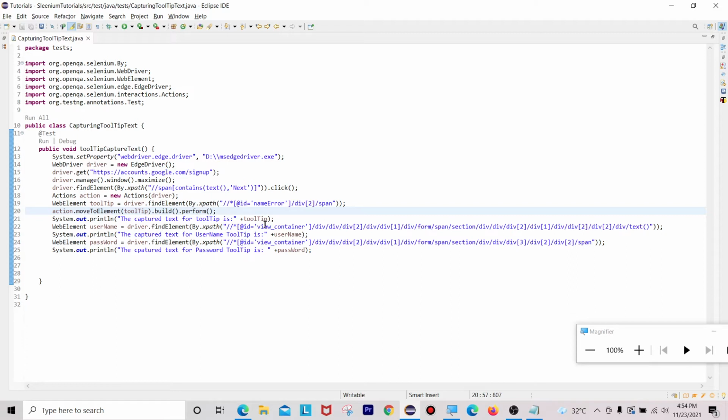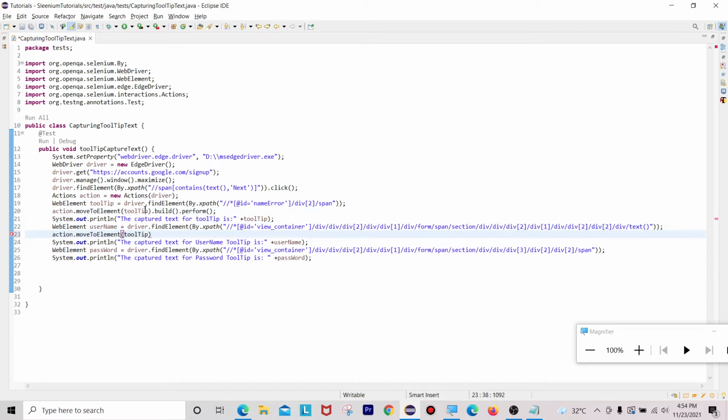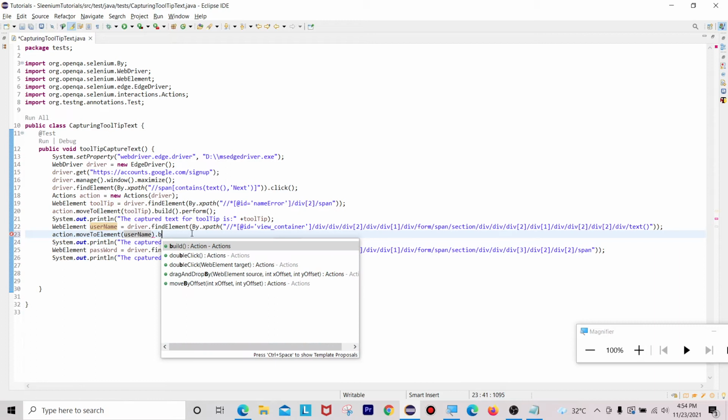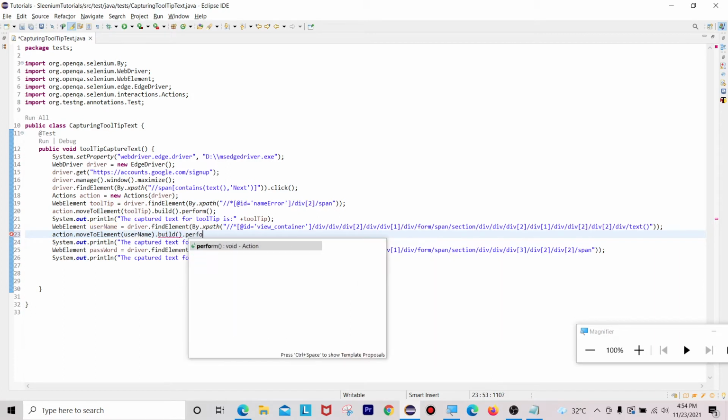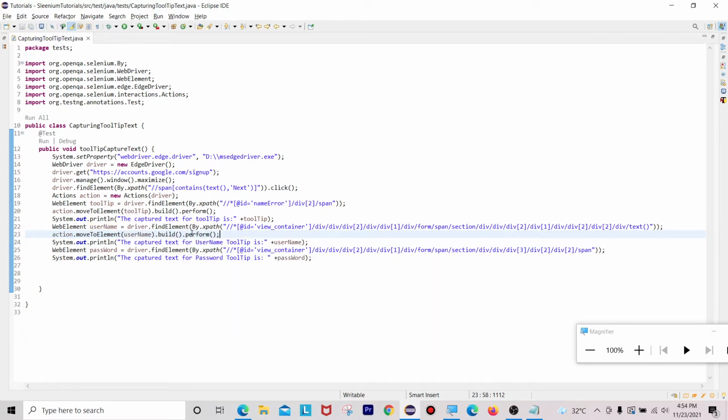Now I am going to take the next one, System.out.println. Here I use action.moveToElement of username, username.build.perform. Once it is done, it will print the username tooltip; the same for the password tooltip also. We can do the same here, for the password tooltip.